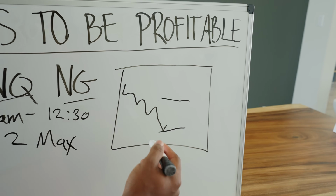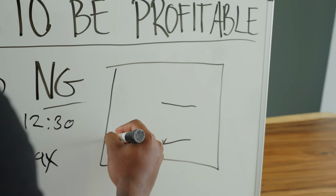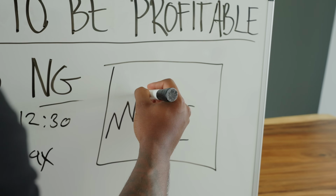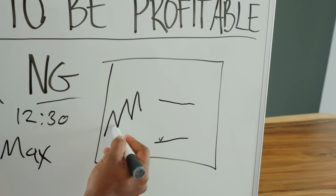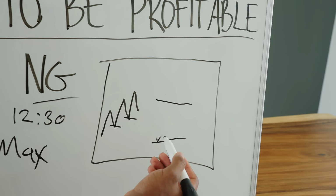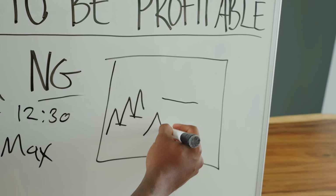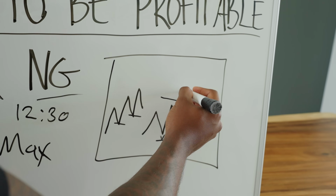But imagine the market is trending, and we all know what a trending market looks like. It's making higher highs, higher lows, higher highs, higher lows. A lot of the time it's not gonna come back down to these support zones, so you're not gonna be able to trade it the same way you traded it before. But how you could adjust is when price is making these higher highs and higher lows,